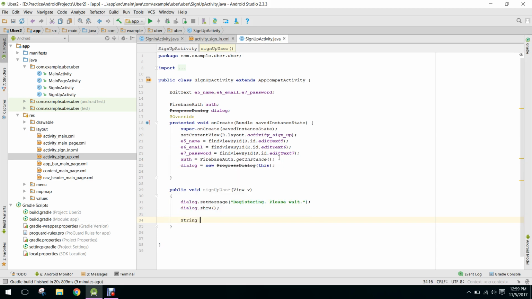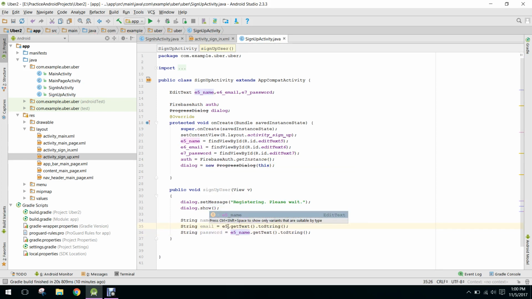Let me take the values as e5 name, toString, and we need email, we need password if e6